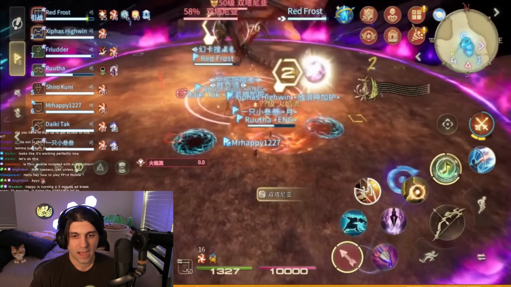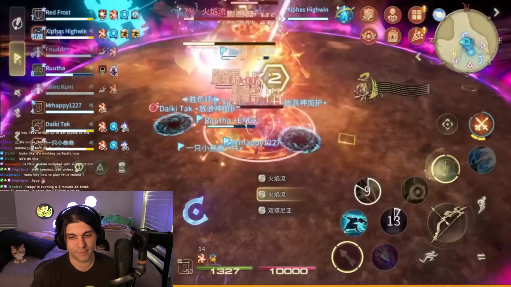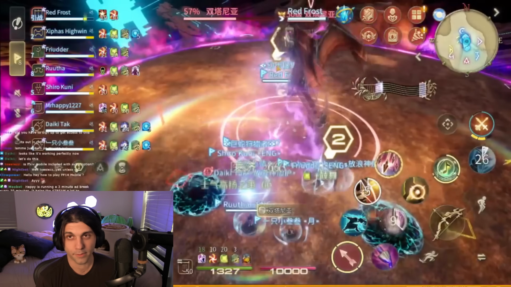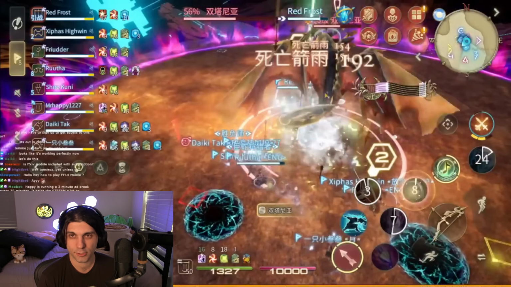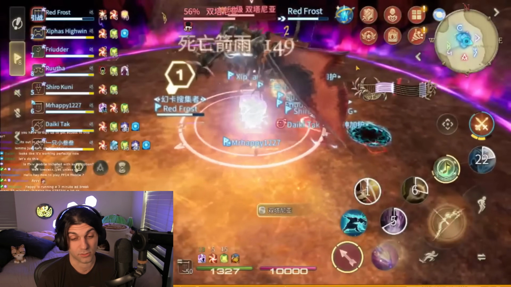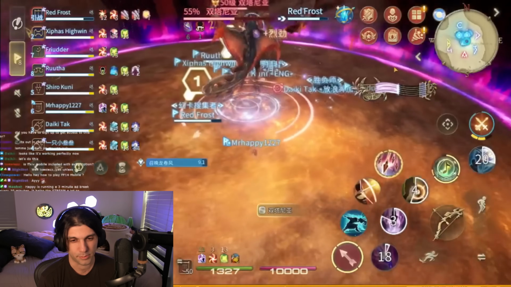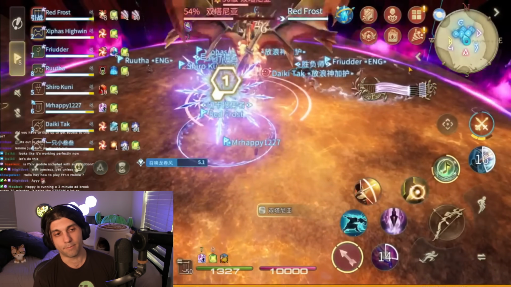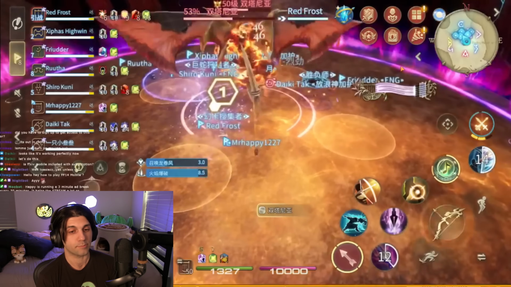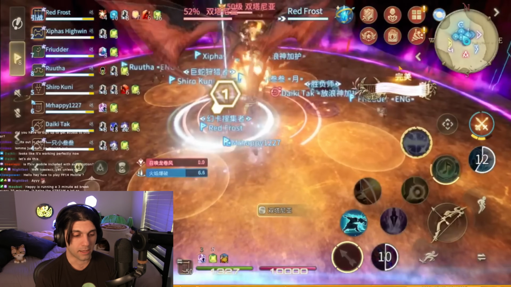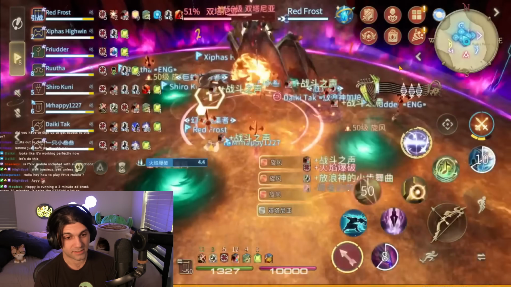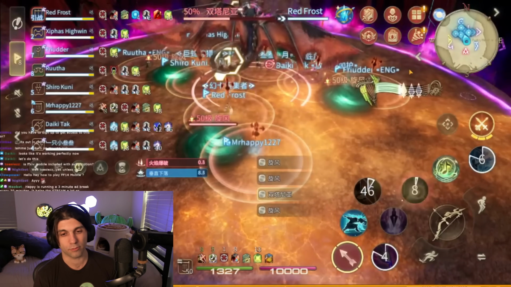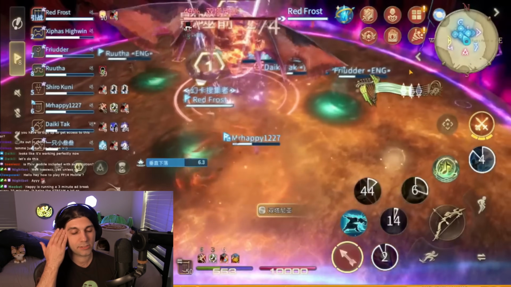I don't understand what the problem is. I feel like this is treating mobile like it's attached to the main game in some way, when it's A, only out in China, and B, completely unrelated. But I will say this: Final Fantasy XIV Mobile is kind of just a confusing project for a lot of people. A lot of people don't understand what the point of it is. A lot of people don't understand that it's separate from the retail game. A lot of people are looking for the connections to be made.